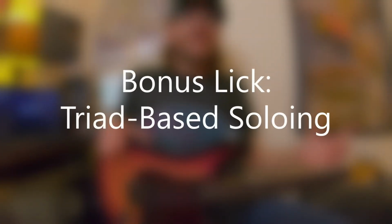Here's a bonus lick, and this didn't come from the 2007 footage. This actually came from the classic Live at Pompeii, the Pink Floyd home video. I tried to find another clip somewhere of him playing something like this, but I couldn't find one as good as this clip. So I just chose to use the clip from Live at Pompeii, which is probably going to